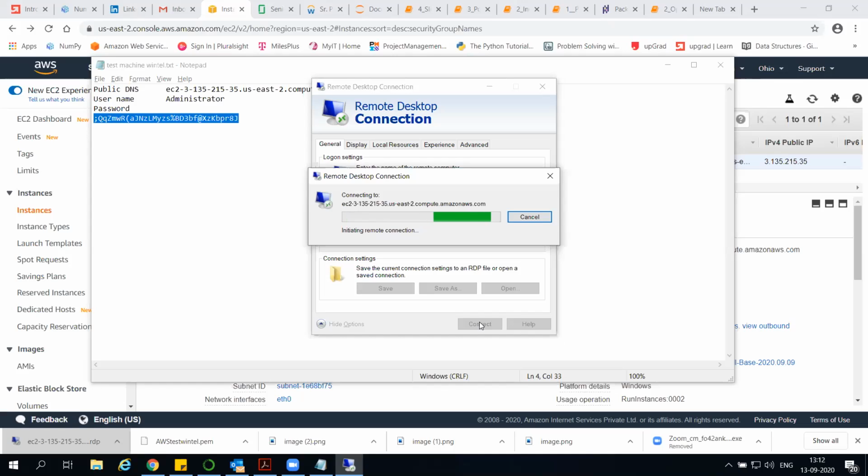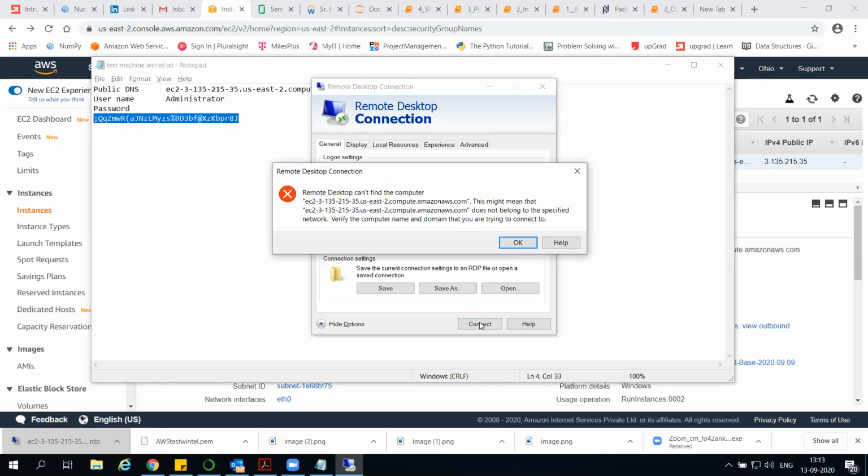Now it asks for password. Remote Desktop can't find the computer. This might mean that the computer does not belong to the specified network. What is going on? Did this change or what?